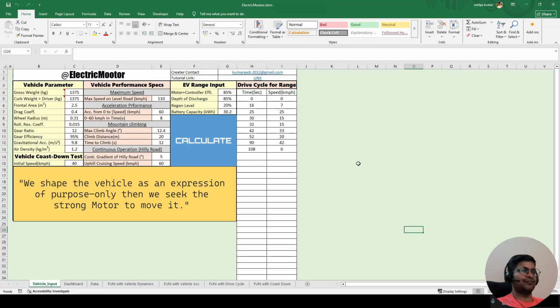So we have a total of how many sheets? 1, 2, 3, 4, 5, 6, 7. So we have a total of 7 sheets. And out of the 7 sheets, the 2 sheets, the dashboard and the data, are a kind of automation sheet where you don't have any access to edit any cells, but you are able to visualize the charts